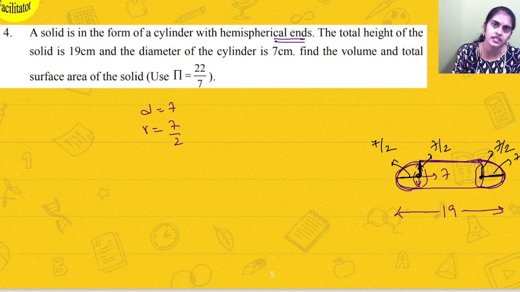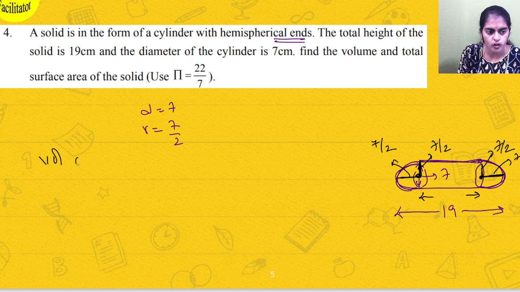Center to any point on the hemisphere will give you the height. So it is 7 by 2. So now can I find the height of the cylinder? See, I have to find volume and total surface area. So for